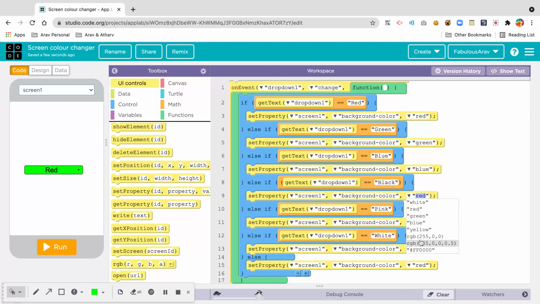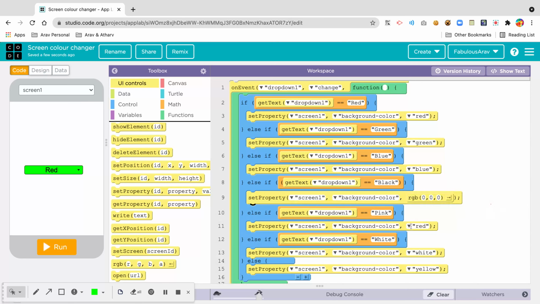We can use this also if we don't have a single color. So here we are gonna use yellow. This is white. Do we have white here? Yes, we have white. We don't have pink and black, so we can use this. So black is everything zero. I'm gonna enter all the values as zero, and pink